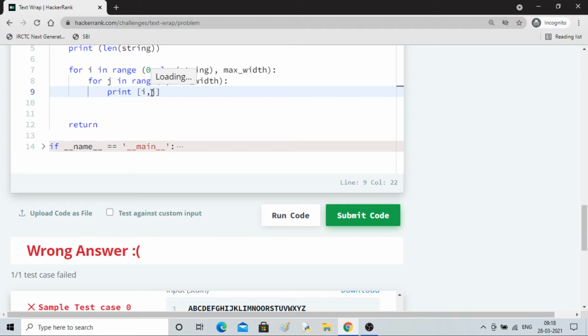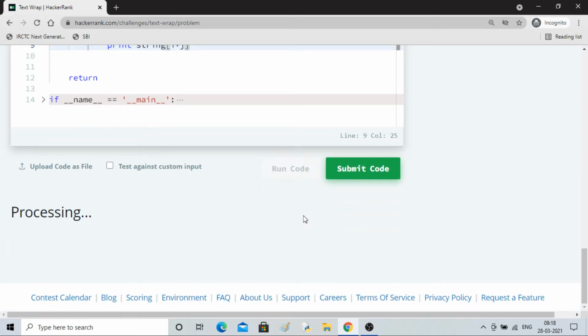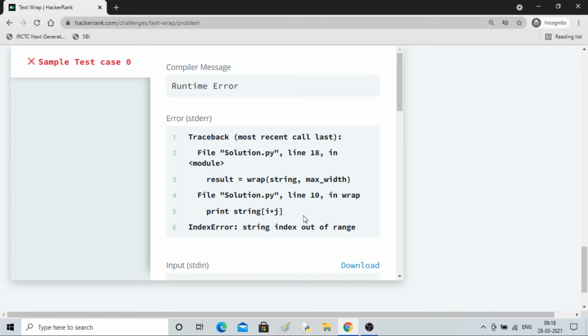So what we can do is print so that you will get a better feel. I plus j string. String index out of range.